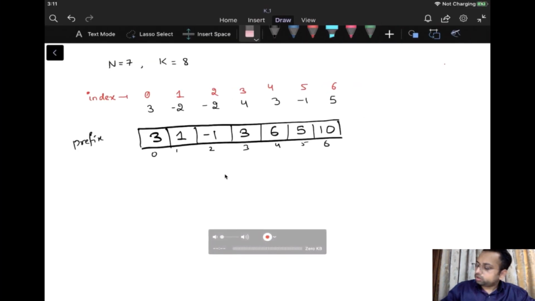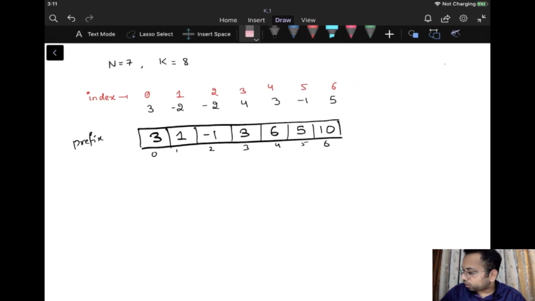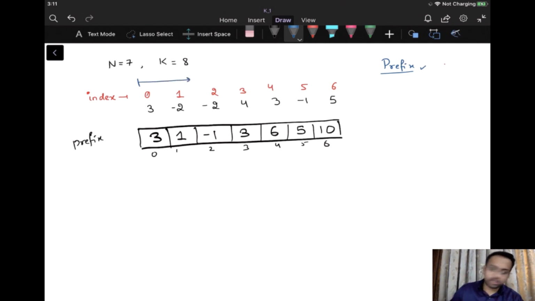So see, there is a concept which is called as prefix sum. Before moving towards the solution, let us understand what prefix sum means. If I'm going to add all the elements from the 0th index, and I'm going to take sum of each and every element, this is going to give me an array, and that is called as prefix sum array.